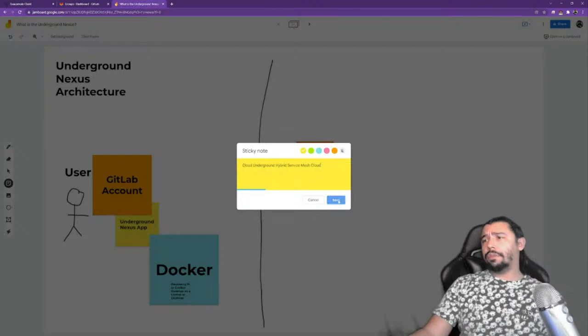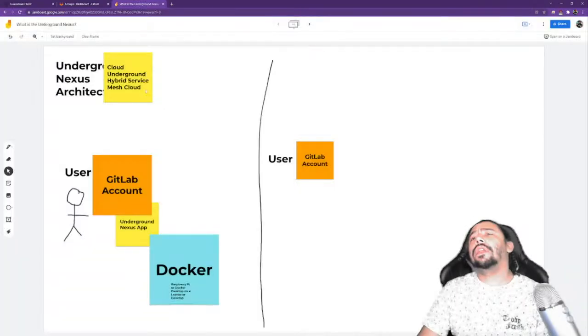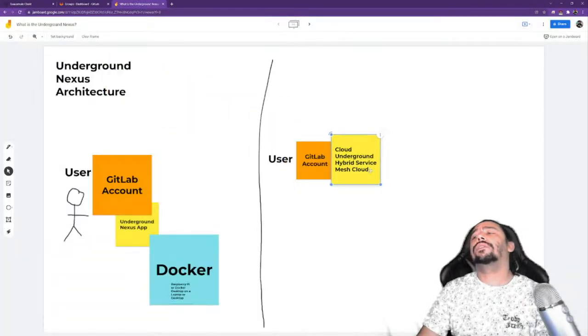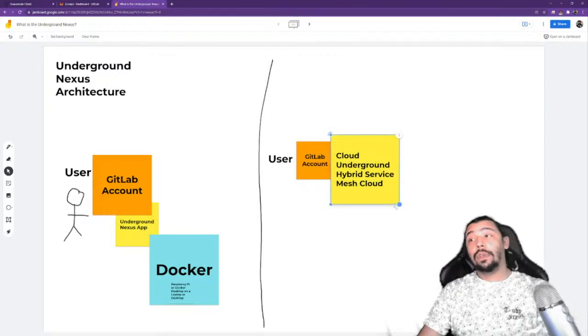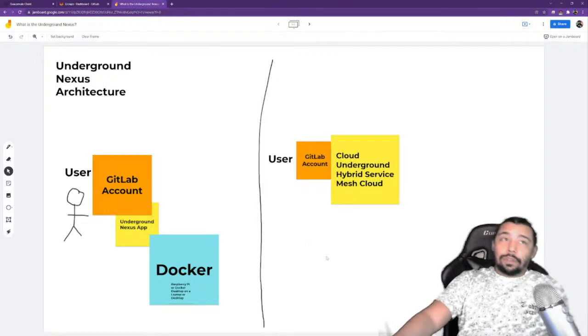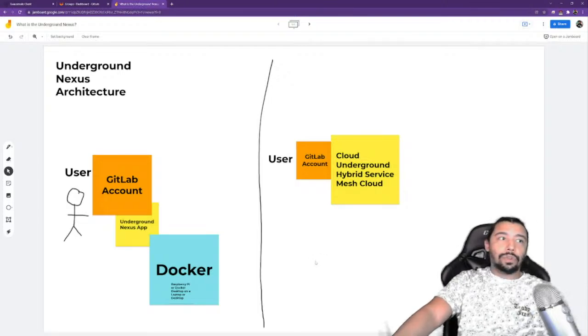It's a cloud native architecture, but anyways, when you connect to GitLab and we add you to that group, it drops you into access to our Cloud Underground hybrid service mesh cloud resources. We do have a lot of various compute resources, especially for those who are trying to learn. So if you are in the DevSecOps dojo, I'll get into that.